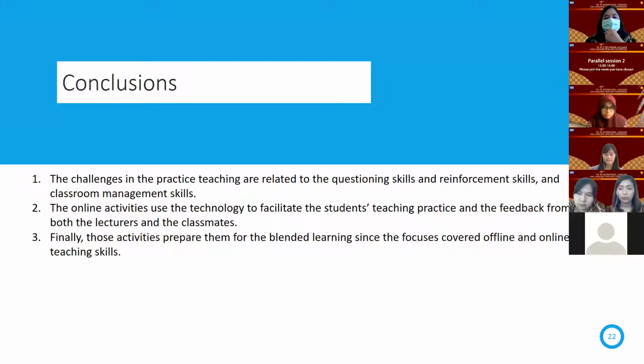So in relation to my 3 questions in this study, the challenges in the practice teaching are related to the ability to pose questions and also to give reinforcement. It is because they don't have audience, even though in the second test, they are trying to involve the family member. I do not post the pictures here. And then also related to the classroom management skill, because they can only involve, for example, 3 to 4 people